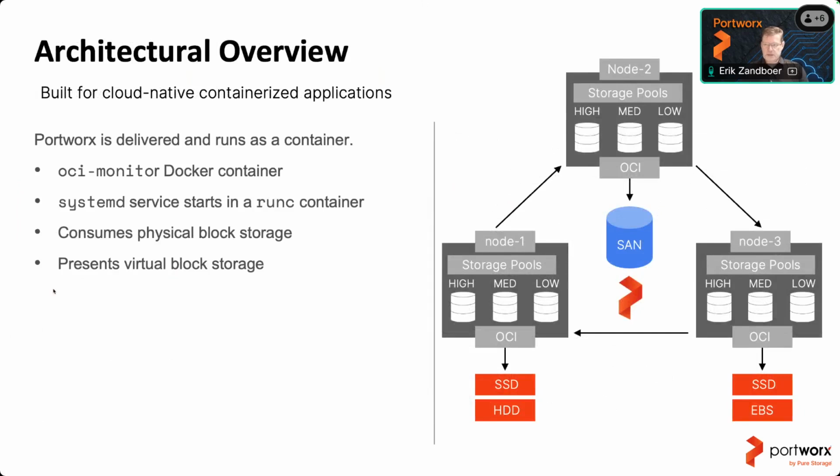Now, the architecture is something like this. So here we have the minimum of a 3-node setup. We deploy Portworx on all of the worker nodes. The worker nodes can use SAN, they can use cloud drives, they can use SSDs, they can even use HDDs if you wanted to. It will grab them all together and build them into a pool or several pools, so that depending on the performance, it can build several pools. So it will auto detect an HDD from an SSD, for example, and say, hey, this is a slower pool, this is a faster pool. And basically, then it will serve that out as shared storage.